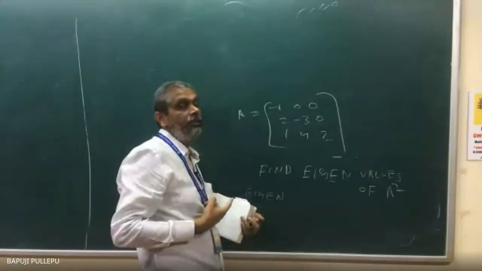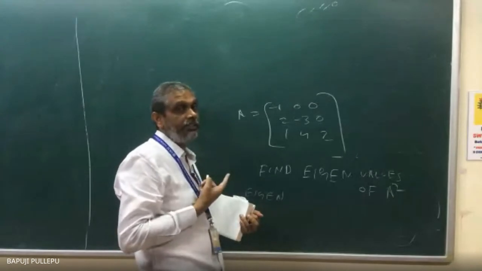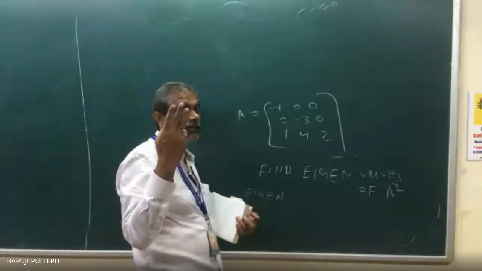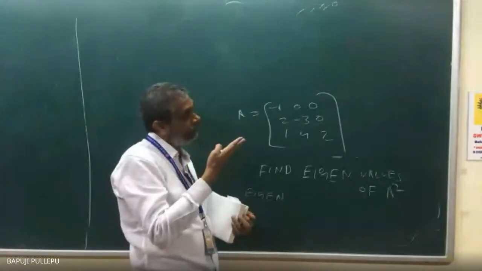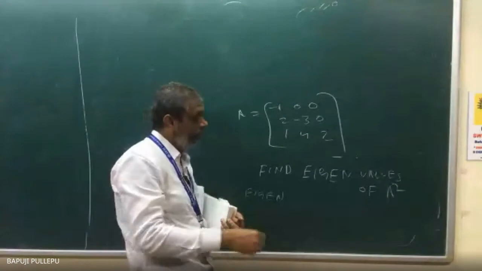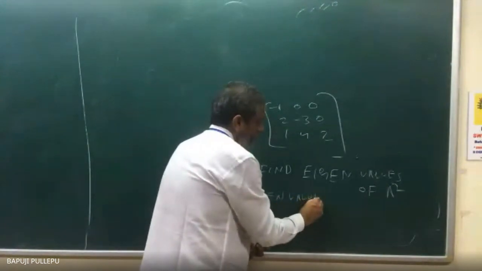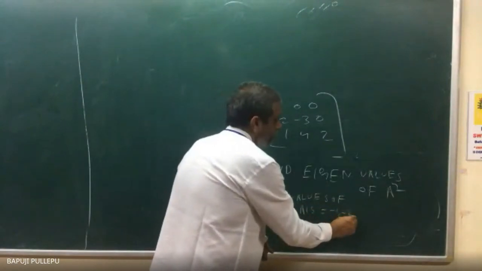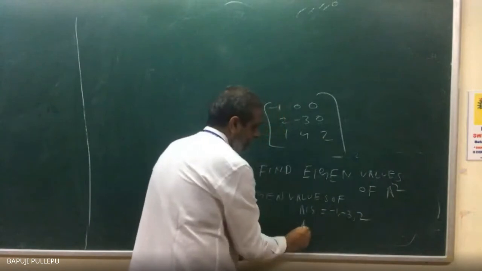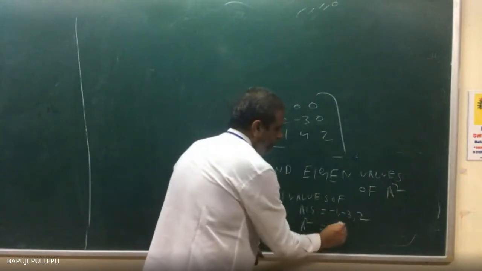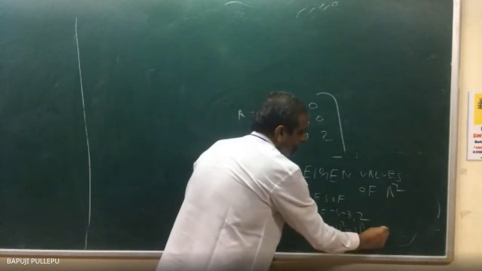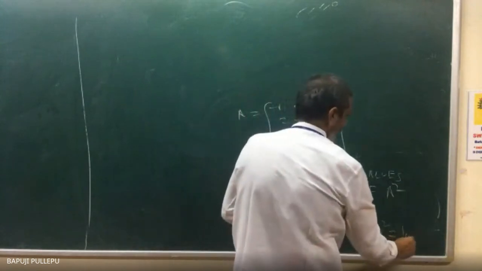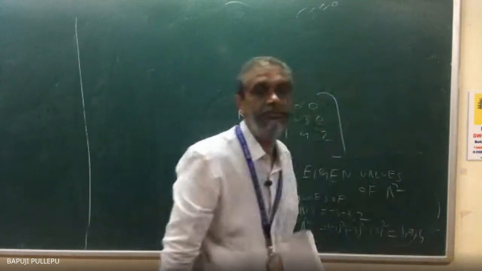So -1, -3. You have to think: first, seeing the matrix, find out. That's it, there is no other condition. Actually, 3 eigenvalues means we require 3 conditions. Nothing is given, so maybe the lower or upper triangle is acting. So the eigenvalues of A are -1, -3, 2. Then A square is immediately -1 square, -3 square, 2 square, which is equal to 1, 9, 4. Do you agree, sir? Yes, sir.